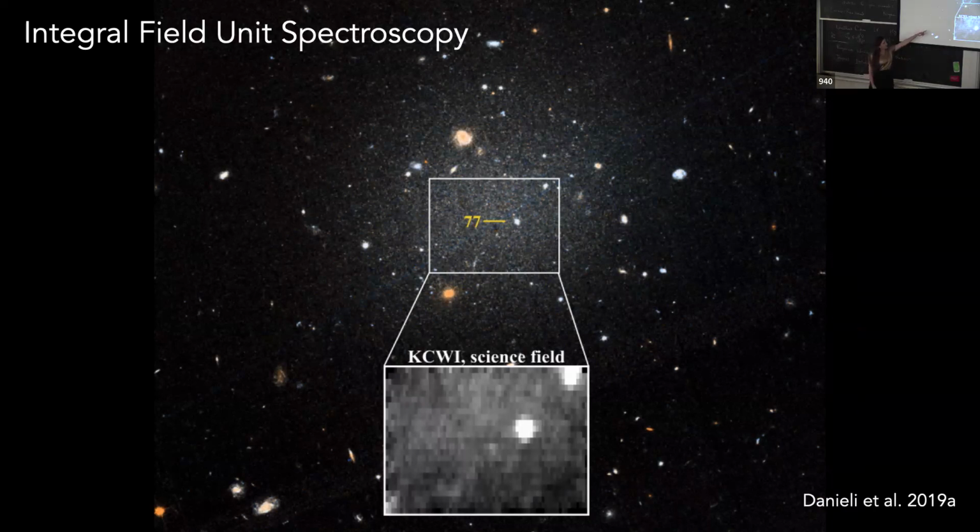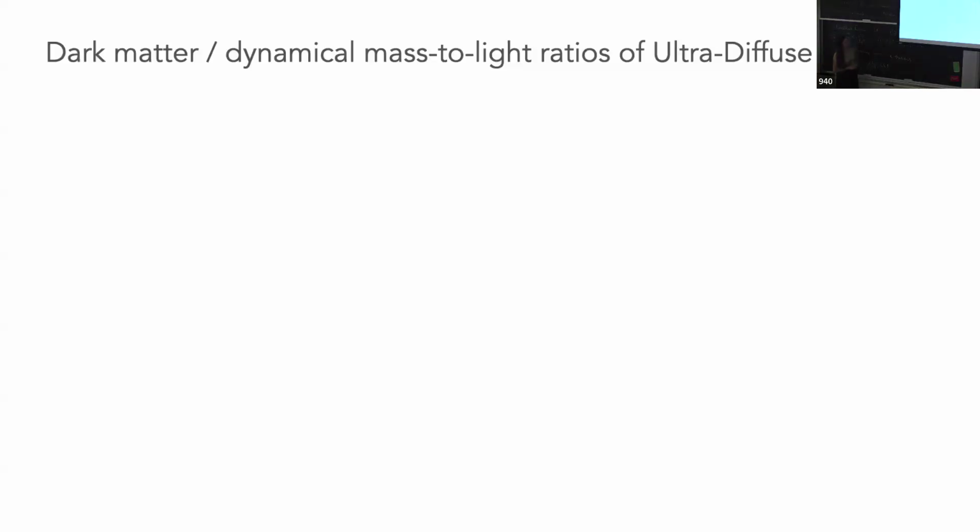So this is the Keck KCWI, the Keck Cosmic Web Imager, which is a fantastic instrument where you basically get a spectrum from each one of these pixels. So you can integrate over all of the pixels and get a fairly high signal to noise. And I want to summarize a result that is really puzzling, compiling not only my group's work, but a lot of the literature, about how these galaxies look in terms of how much dark matter they have compared to baryons.